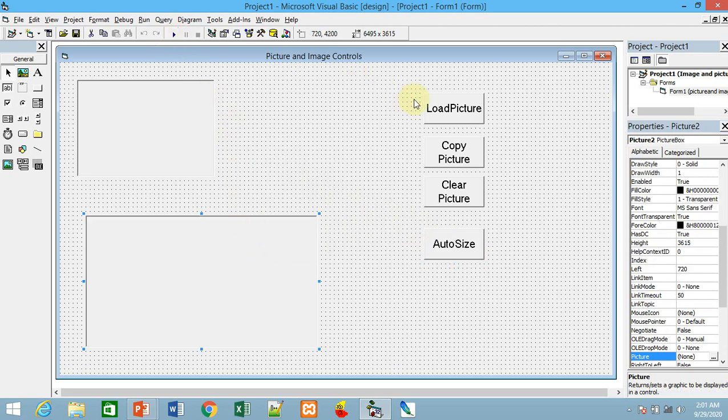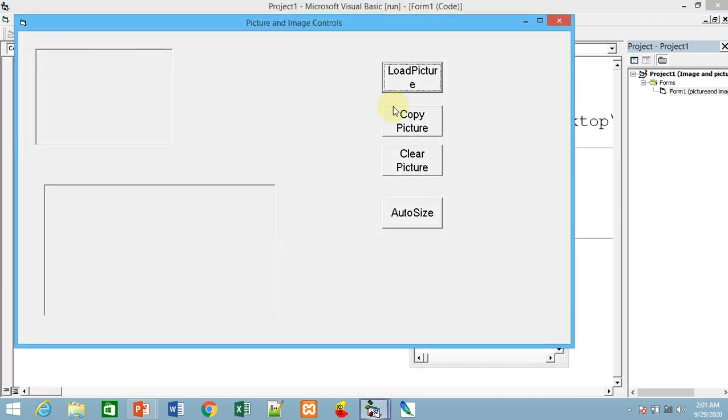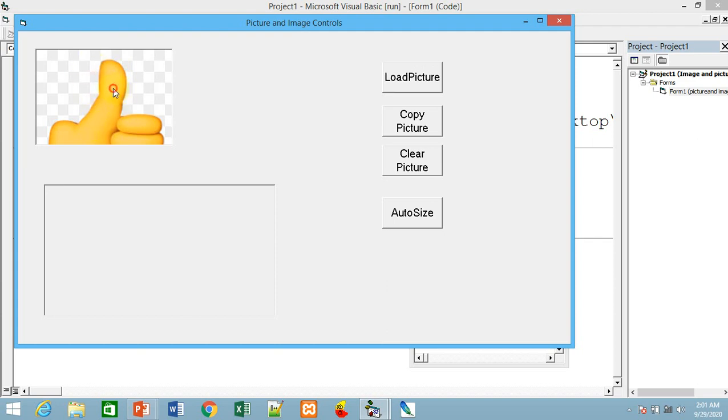Okay, so if you run it and load the picture, it will be loaded, but only a portion of the image is visible here. The image inserted here has some more portion downwards or to the right side. So if you click on auto size, in order to make this picture auto size,